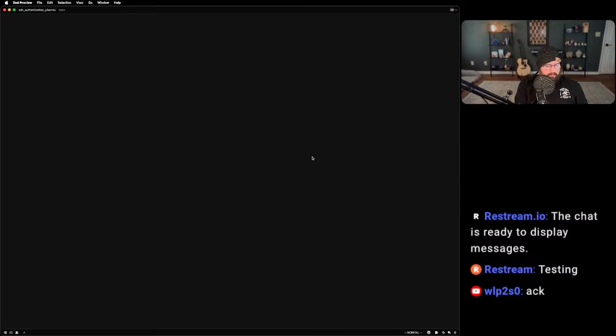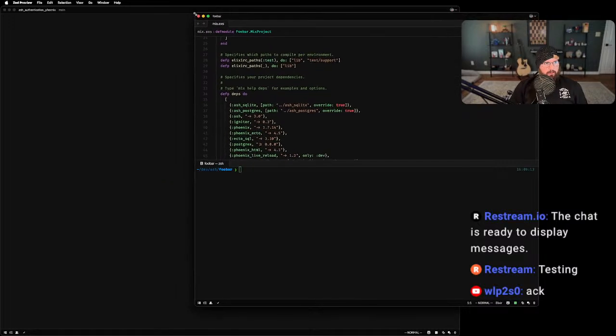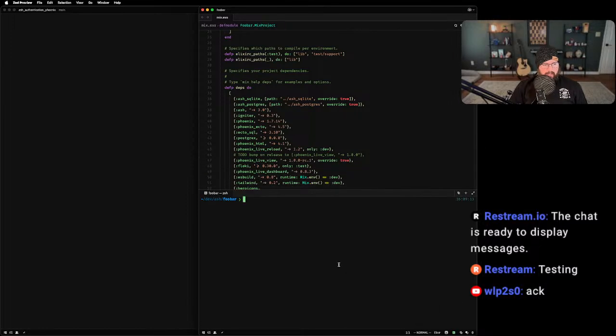So what we're working on today is I've got this little test project called Foobar. I've got the installer for AshAuthentication and AshAuthentication Phoenix done, which is pretty cool. Done as in it installs AshAuthentication Phoenix, but it doesn't set up any strategies.